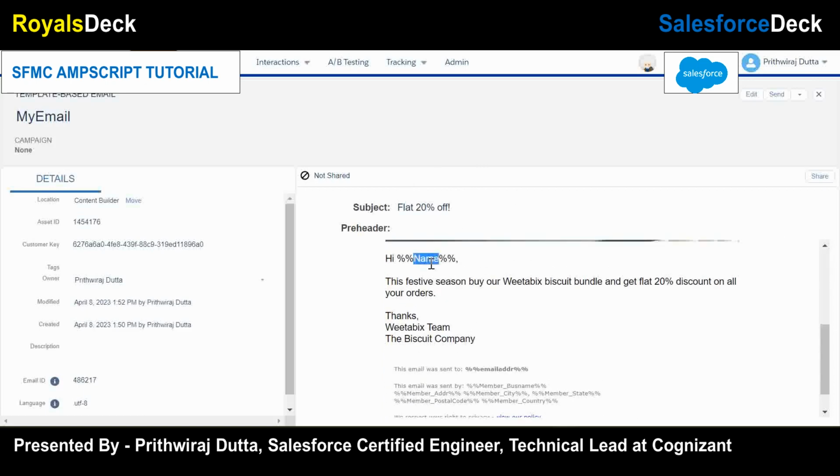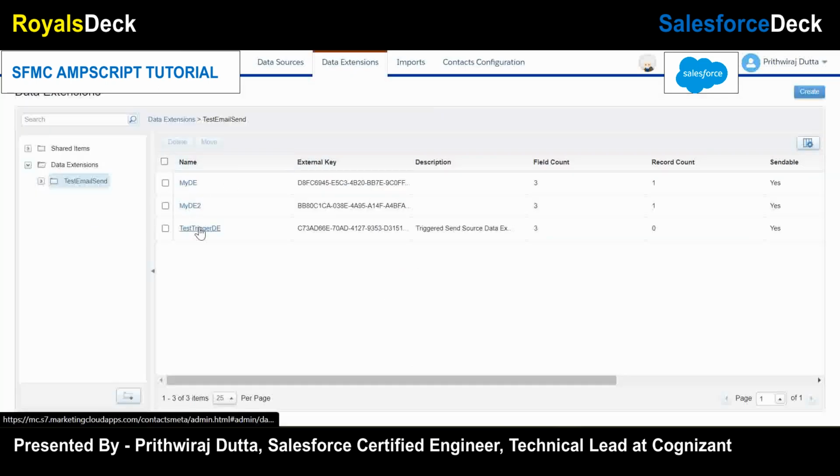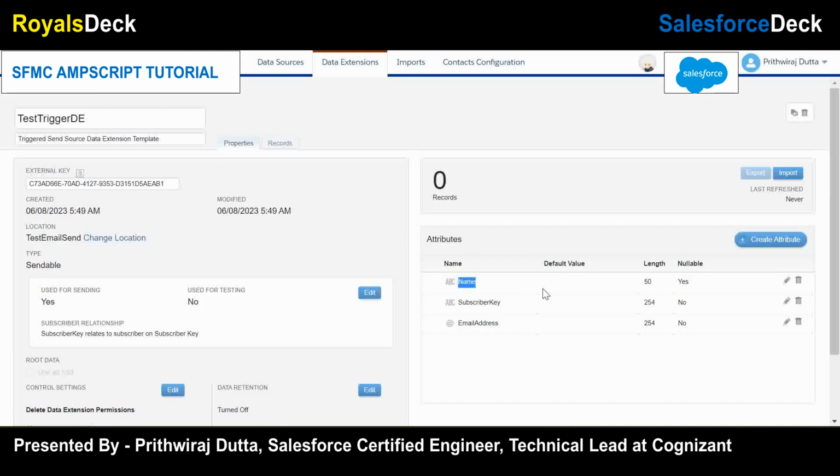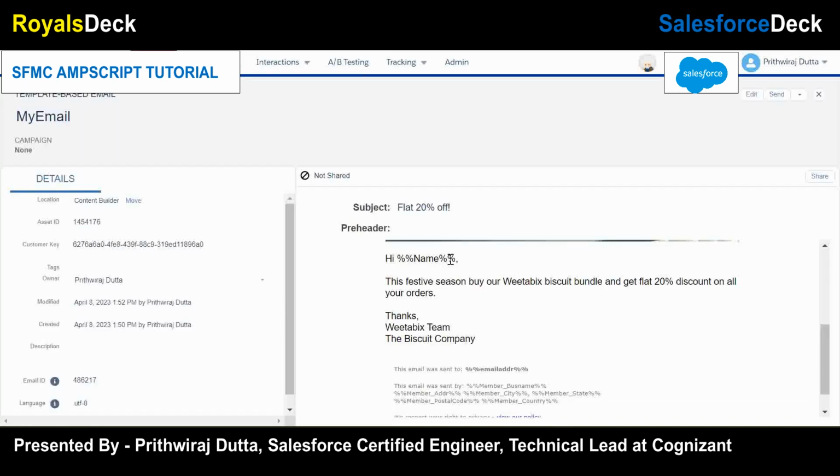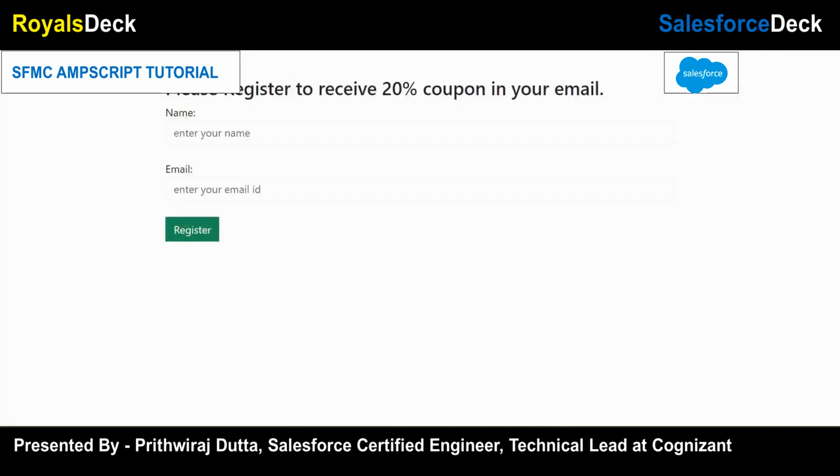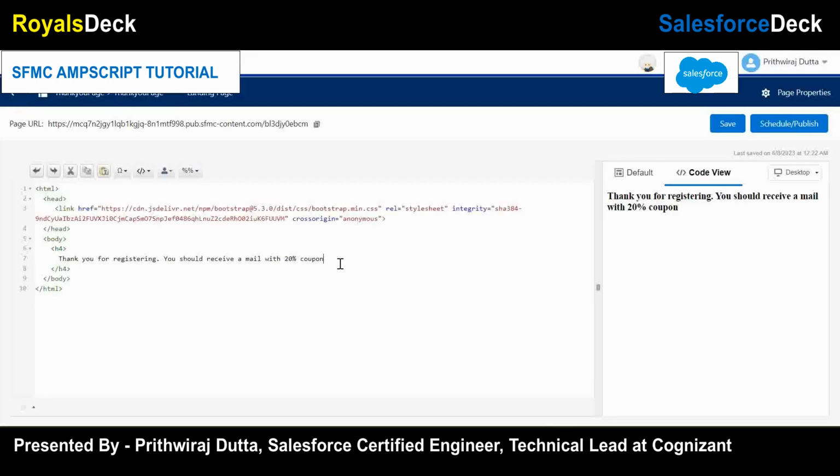Okay, so here I think this email has a personalization like name. So that means here, okay, it's exactly name. Okay, so this needs to match, otherwise the email will not give the personalization. So thank you for registering. You should receive a 20% coupon email shortly. Okay,